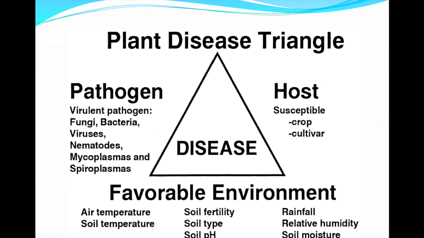Now, I'd like for you to stop and think if there might be another aspect that could fit in here. And instead of having 3 points, maybe we have something more like a square. We're starting to expand our knowledge of plant pathology at this point because that helps us in preventing disease. I'll tell you right now, curing it is downright impossible.